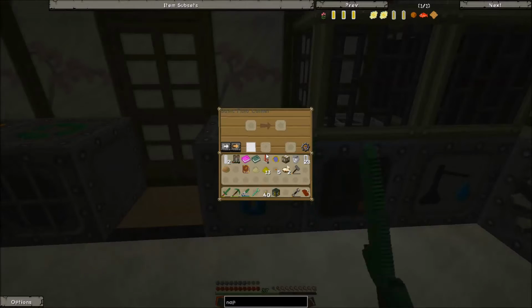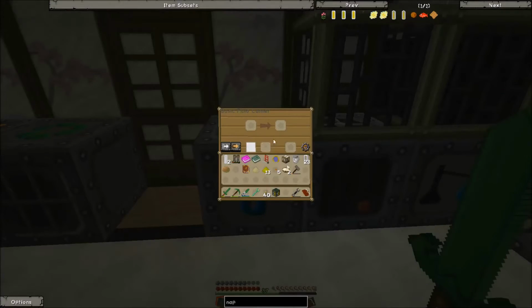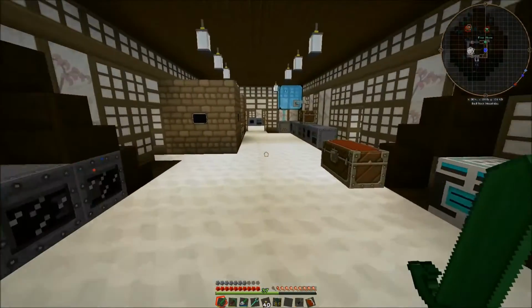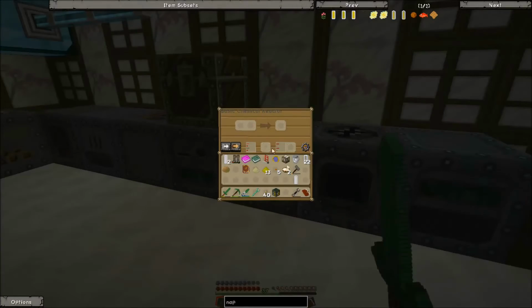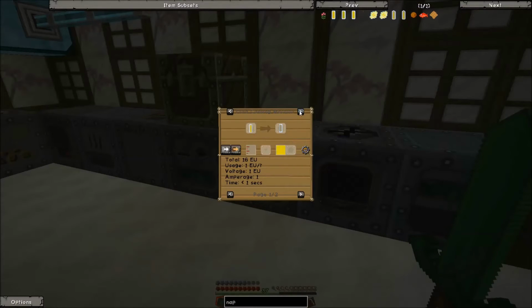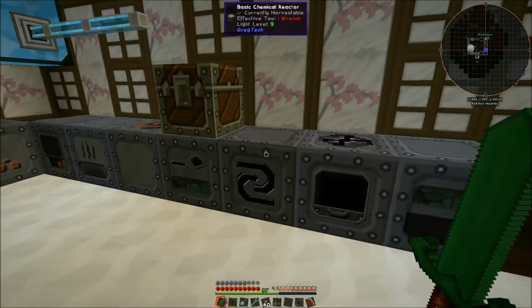And I got our basic fluid canner here set up for our hydrogen gas. So we'll just throw our cell in there and get our hydrogen cell. And now I do believe we're all set up to get our naphtha. So we'll get, let's see, chemical reactor, hydrogen cell, and an empty cell, 7,000 sulfuric naphtha, and we'll get our...